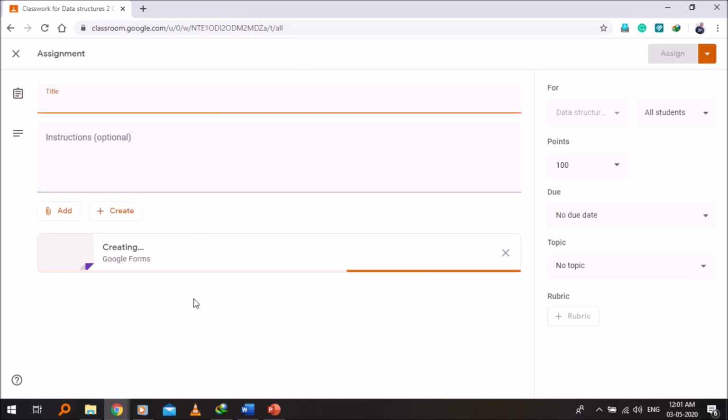In this, it already gives you a blank quiz form. Type the title of the assignment or the quiz. For example, I am typing this data structures quiz 2.